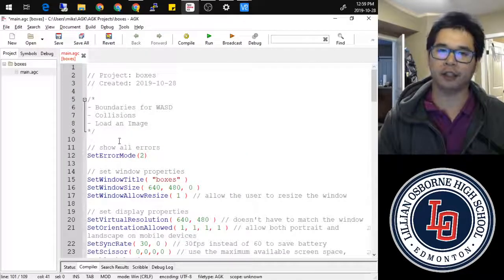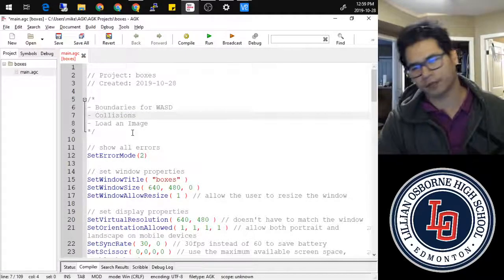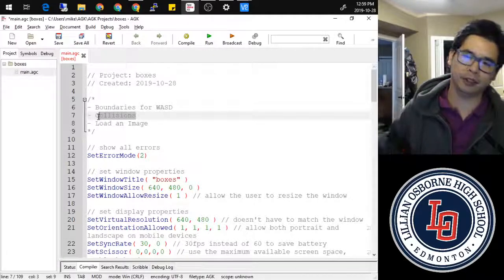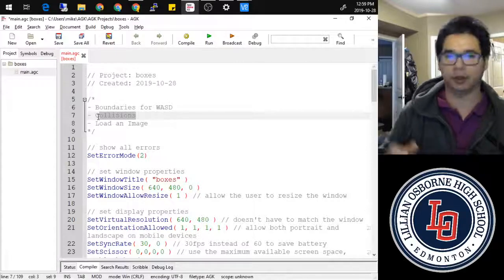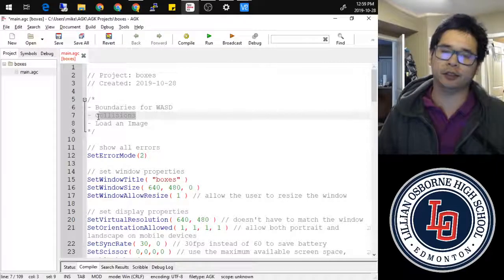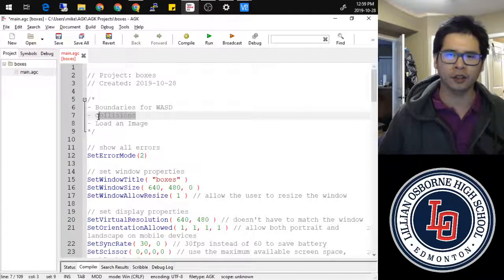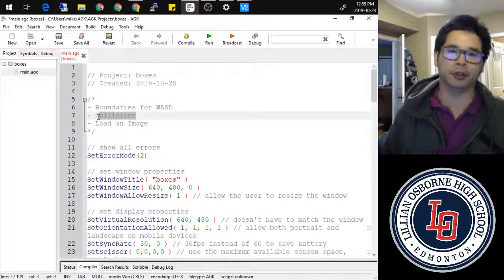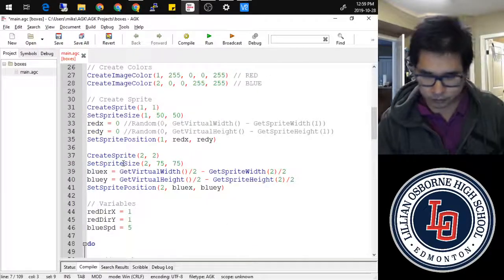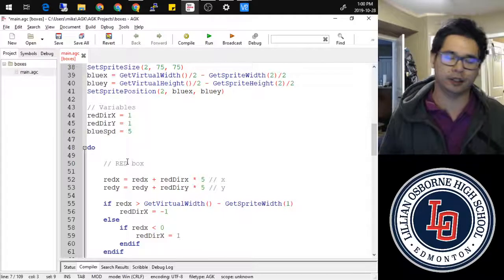So then from there, now we can go ahead and work on collisions. So how do we go about doing collisions? This is actually probably a good time, before we hit collisions, maybe to pause the video right here for about 10 to 15 minutes so that everyone can get their boundaries working. And because I'm not there, as a reminder, help each other out. If someone at your table gets it, be the expert of your table and help those that don't get it so that no one gets left behind. So please make sure that you are helping each other out in order to make sure everyone understands what's going on. So go ahead and pause the video, and then in about 10 minutes, start it again, and then we'll go on from here.